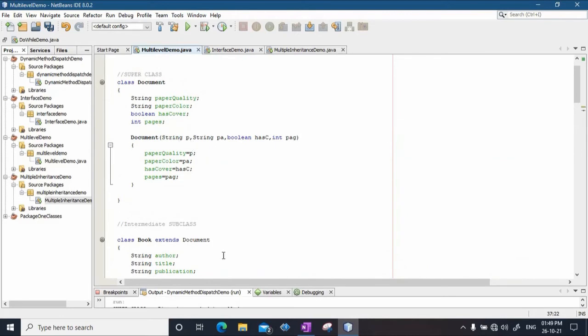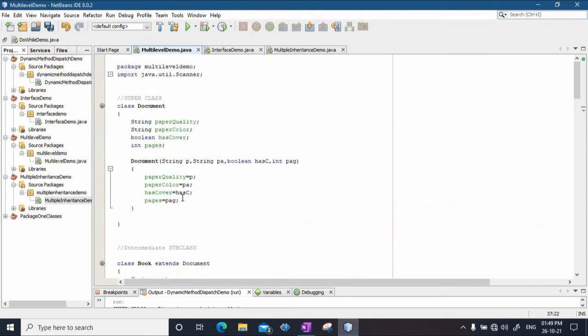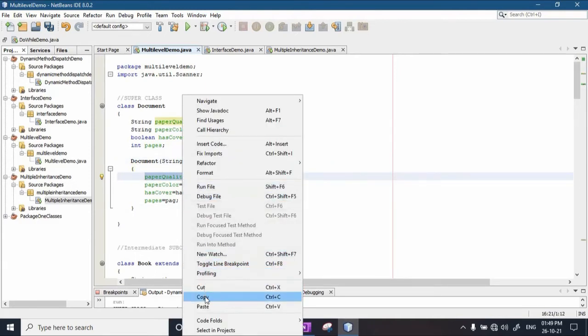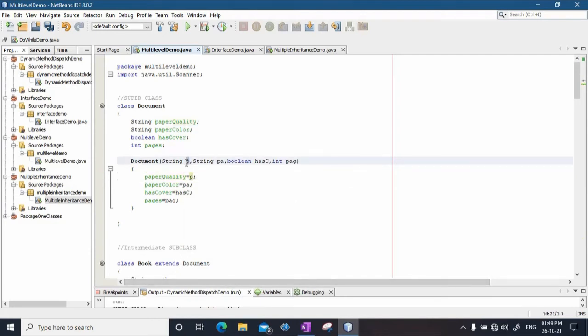And then whatever is taken from this constructor book has to be stored in the attributes of this particular class called document. But this actually creates confusion, because what is PA? You can't understand what is PA. What is HC? You can't understand what is HC. So that's why I wanted to keep the names the same. Instead of P, I wanted to keep the name as paper quality only, for better readability.